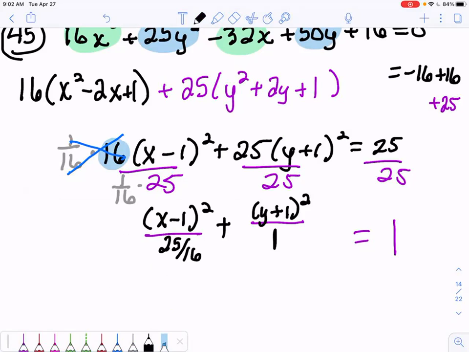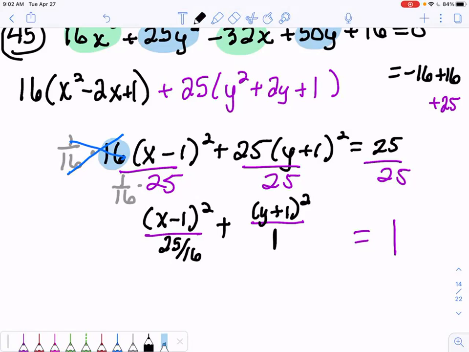So kind of thinking you're multiplying by the reciprocal. But your entire number must be in the denominator because that represents your a squared or b squared term. For it to be standard form, you cannot have anything in the numerator in front. So no coefficients in the front. So we have y minus 1 quantity squared over 25/16, y plus 1 quantity squared over 1, and then that's